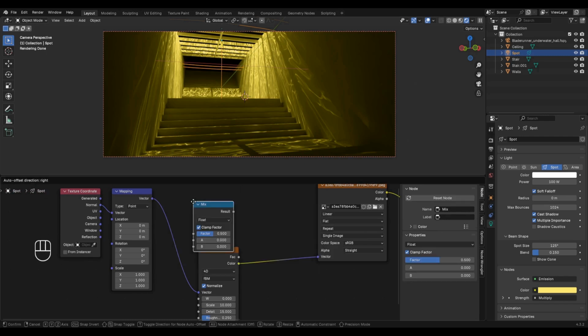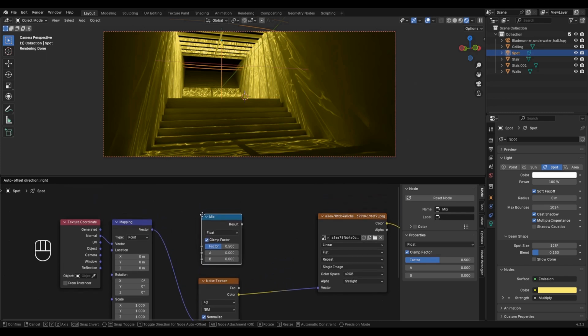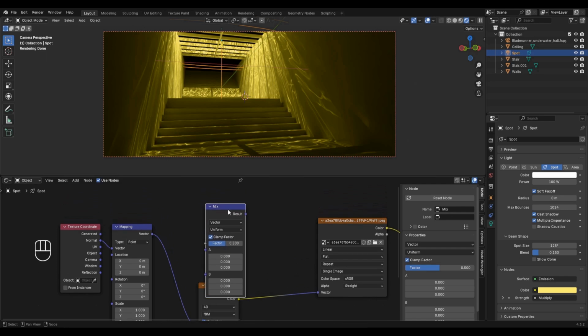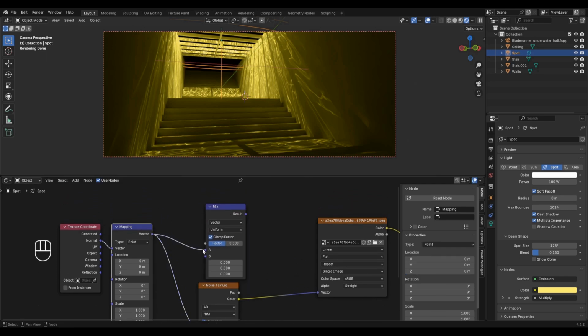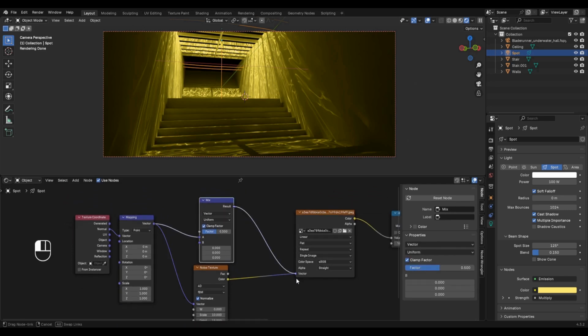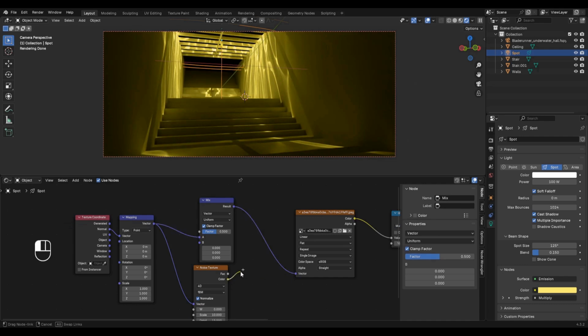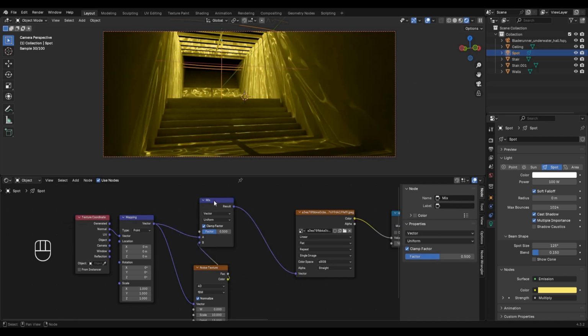Add Mix node and select Vector mode. Connect the sockets in the correct order.